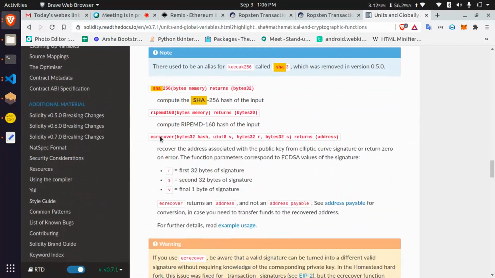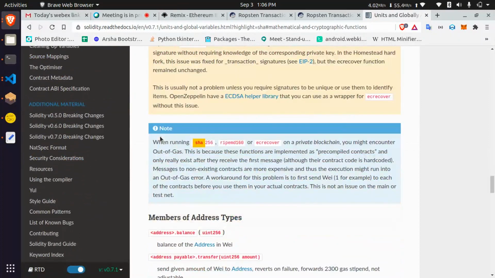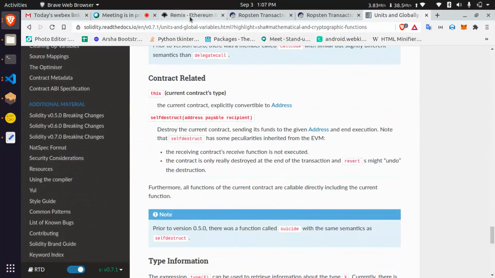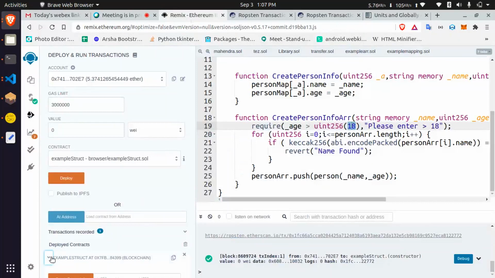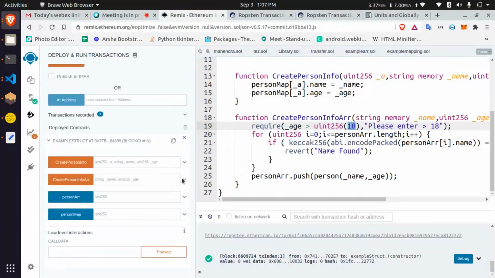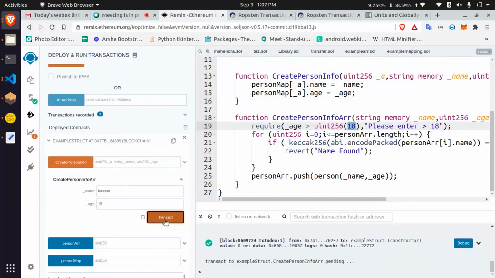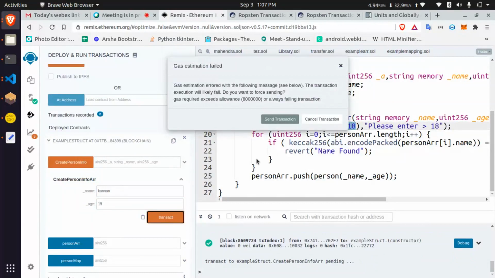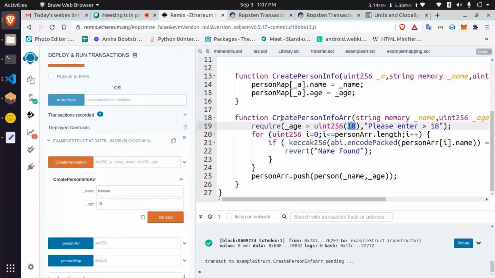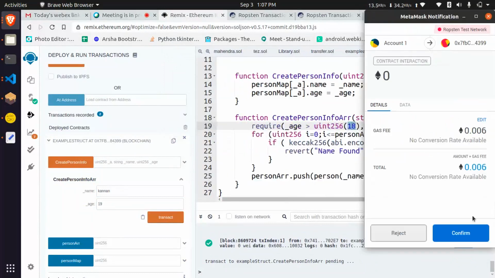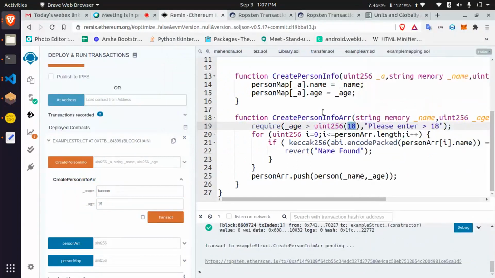Yeah, the transaction is completed. Let me try to add. Let's see what is happening.